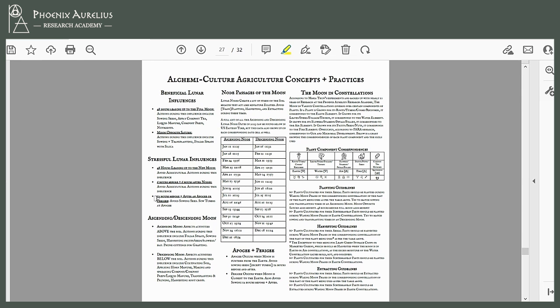Same thing with 12 hours before or after an apogee or a perigee. And that's why I include the lunar apogee and perigee data, aside from it just being interesting as well. But it actually is something that we need to take a look at. Now, again, we do find that there are corollaries to spagyric laboratory work for these. We have not identified what all of those variables are or could be or what the universal law is. And so we haven't included a complete page just showing the apogee and perigee data and how to utilize that